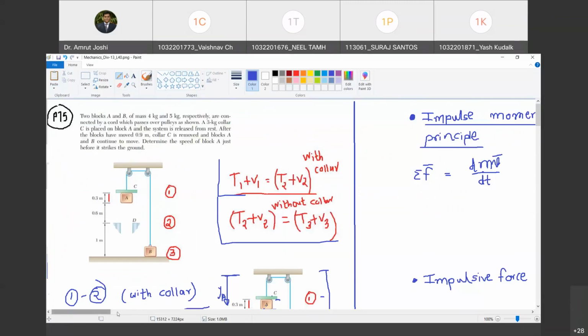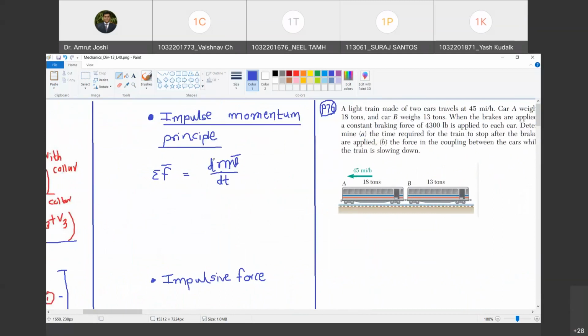Happy? Yes. Now, in impulse momentum principle, however, we are dealing with vectors on either side. Summation of vectorial sum of all the forces acting on a body must be equal to rate of change of momentum with reference to time, where the momentum also is a vector or directed quantity. Do you agree with me? Yes, sir. Now I will rearrange these terms. Summation F bar dt, happy? Yes, sir. Must be equal to change in momentum. Are you with me? Yes, sir.